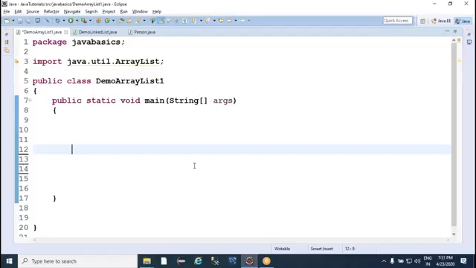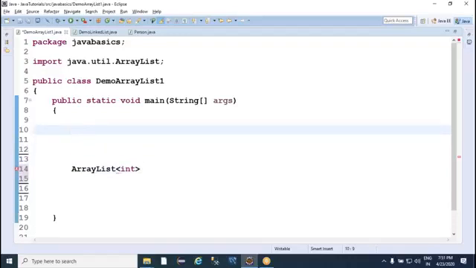I do not know how many values are available. I want to get them and load them into the Java memory. Definitely here I cannot go for an array because I do not know how many values are available. I have to go with an array list, no doubt about it. But I want to store the age of the employees, as int. Int is not supported, then what to do? And do remember, for all primitive data types, whatever the primitive data types available,